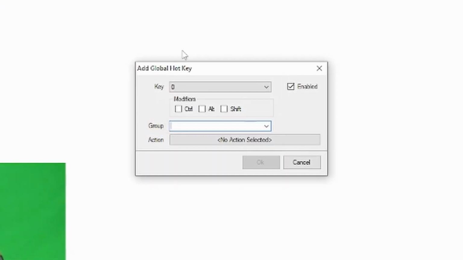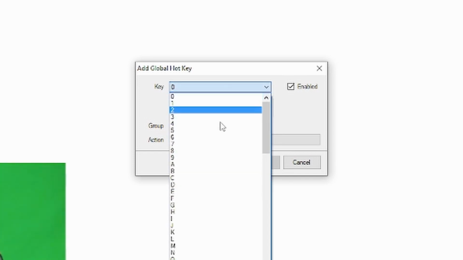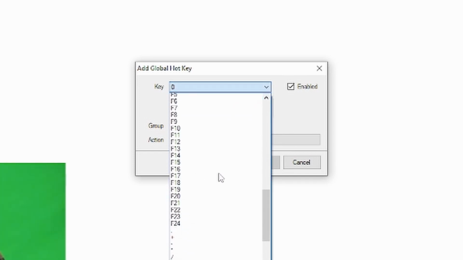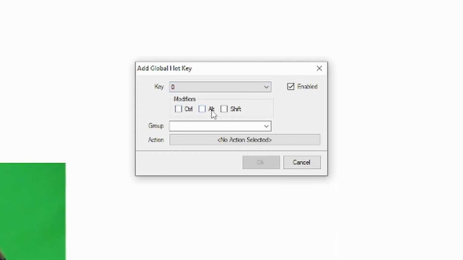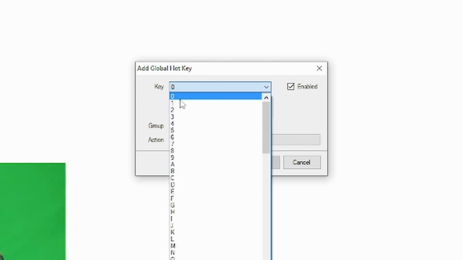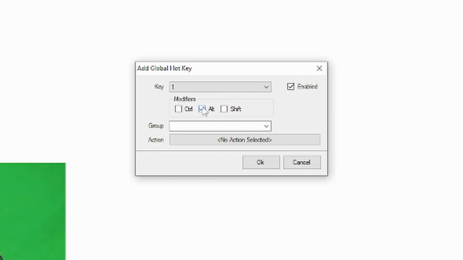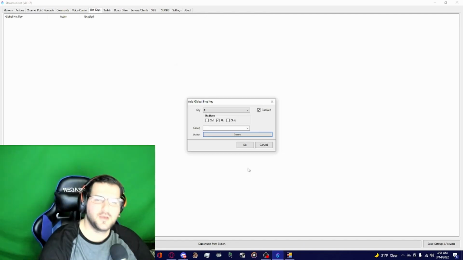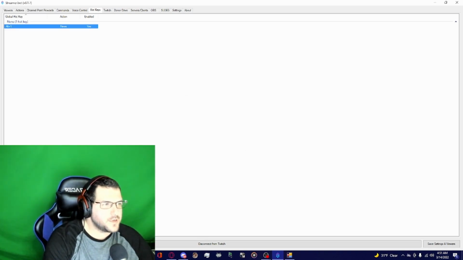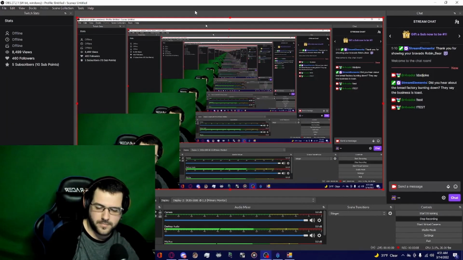So if we set up a hotkey, we can essentially make it any key that we want on our keyboard, and we can add modifiers. So say we want it to be 1, we can make it Alt 1. Group, just like we said in the actions, we don't have any groups set up, so we just wanted to trigger the news. And hit OK, and now when we click Alt 1,